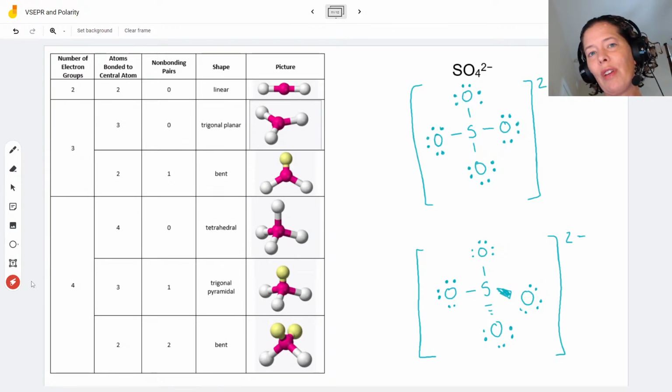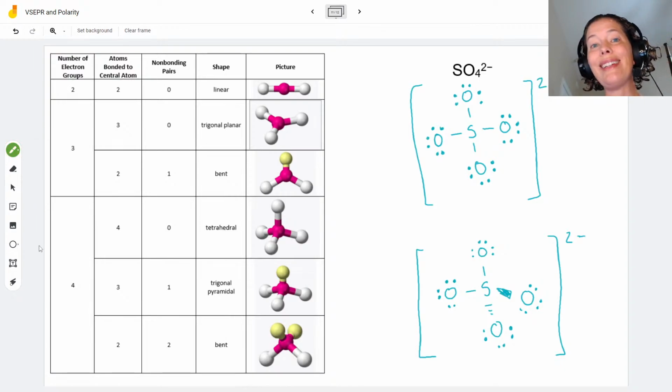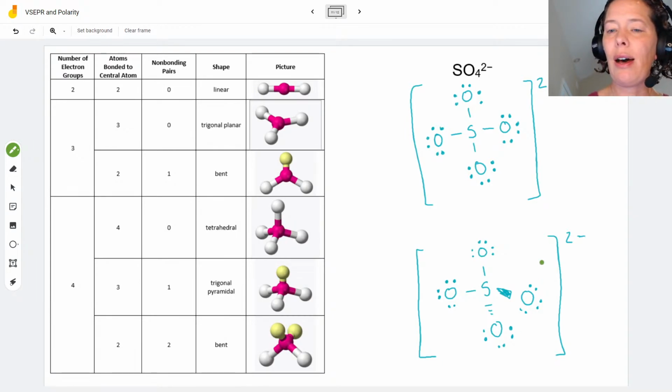Sometimes you will see sulfate drawn a different way, and it's a completely valid way. At the beginning of the live stream, I said that I only want to deal with molecules that obey the octet rule, but very often you will see sulfate drawn in a way that does not obey the octet. So I am just going to briefly draw that just so that you can see it and know it. But for this live stream, because I just want to do the octet rule, we're going to keep sulfate in this molecular geometry. But sometimes you will see it written with a double bond to oxygens